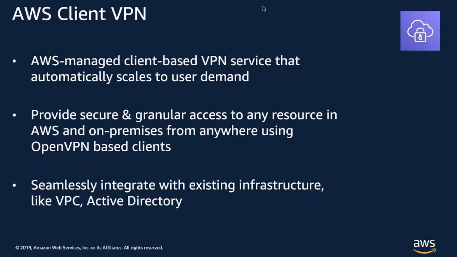So I'm going to jump into a different VPN managed service, AWS Client VPN, that allows you to connect your remote users, maybe working at home or sitting in an internet cafe, connect them over to your AWS resources and beyond. So the managed client VPN allows you to automatically scale capacity based on the number of your users. It also gives you the ability to provide granular access controls on what your remote users actually will be able